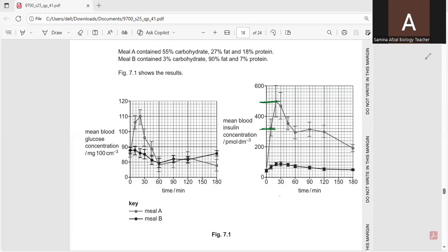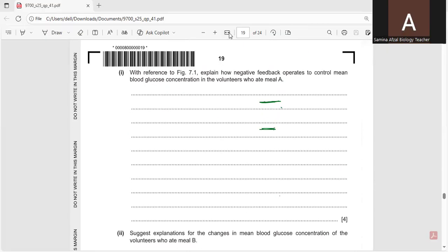The process of blood sugar regulation is explained in this question. So after this explanation, I would like to write the answer on the given space. I have explained it on the diagram with the help of this figure 7.1. So I'm going to write the answer on the given space. First of all, negative feedback has been shown over here. So we will go first of all, after consuming meal A,